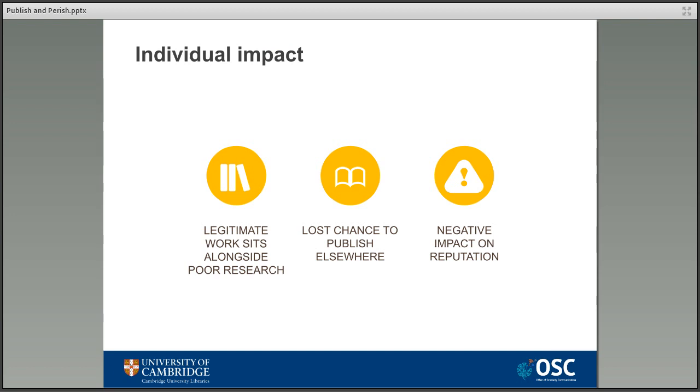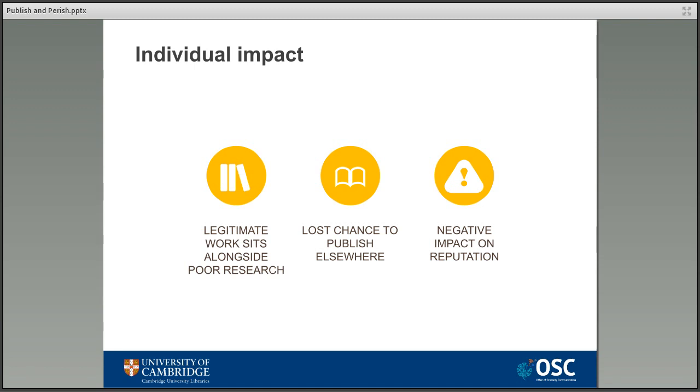Not only does this perpetuate bad research, but it can also affect individual researchers. Even if their work is the best it can be, publishing in these predatory journals means that it's potentially sitting alongside work which is factually inaccurate, or published as a joke, or even just plain bad. This can have a negative impact on an individual's reputation, and at best means that they've lost the chance to